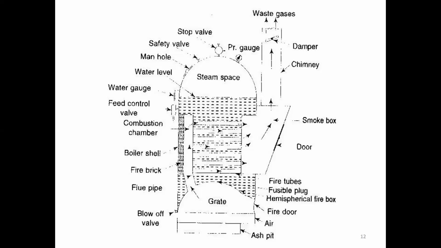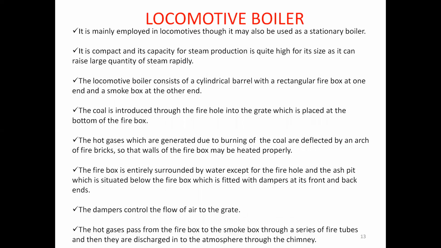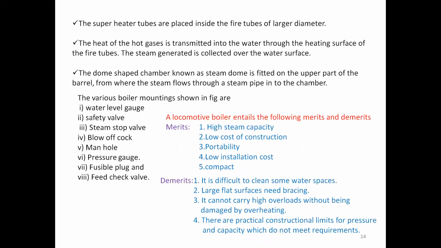Okay, and also the mountings are there. Here various mountings are the stop valve, pressure gauge, and all the things. Here they didn't mention any accessory which improves the efficiency. It's not mentioned. So these are the basic things. Okay, next slide. Next slide. So this is the locomotive boiler, for your understanding. From the exam point of view, mostly these boilers won't be covered because they are low pressure boilers. Next slides. Please go to high pressure boiler.